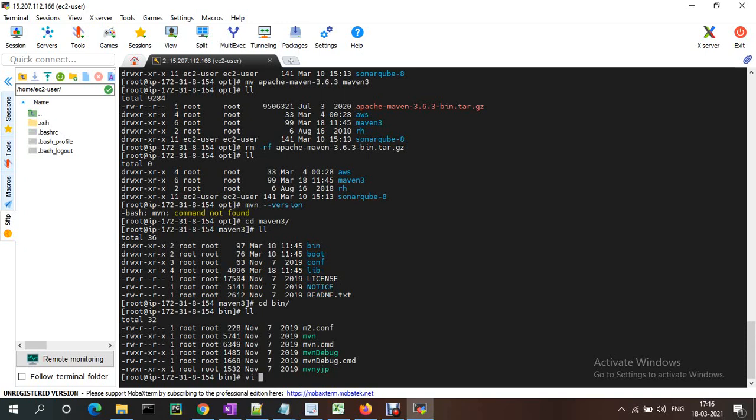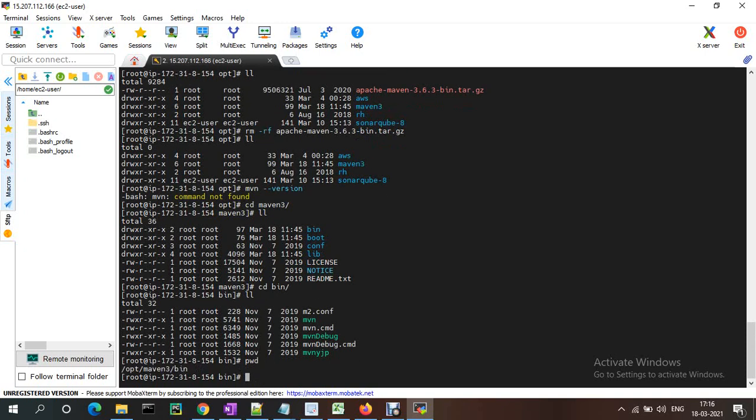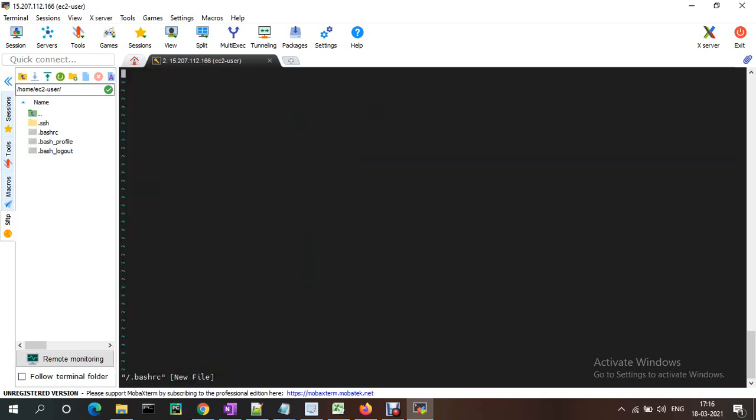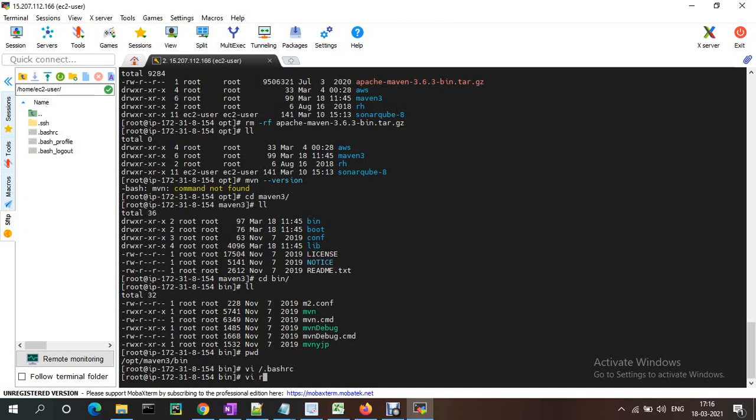So vi /root/.bashrc. I'm copying the current path. This path we need to update in /root/.bashrc.